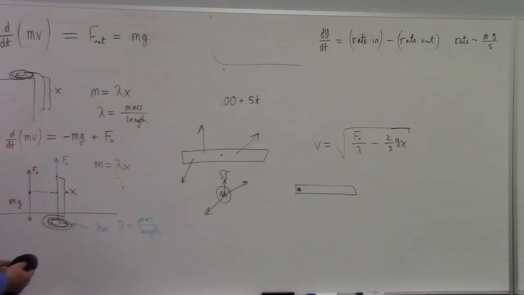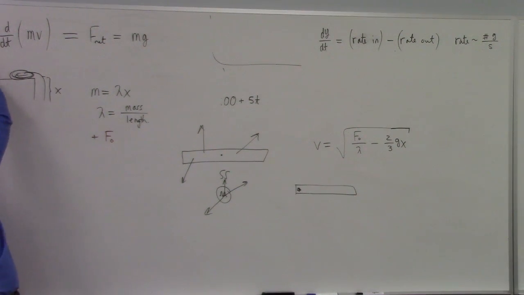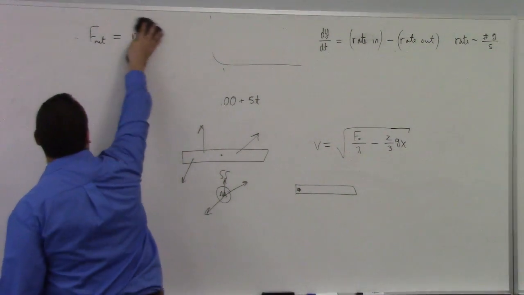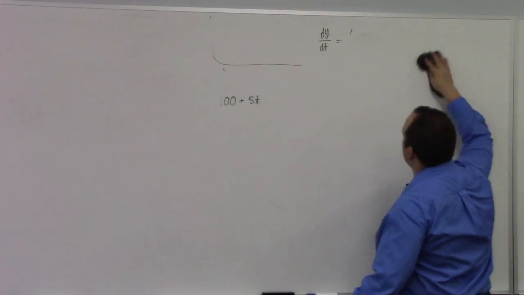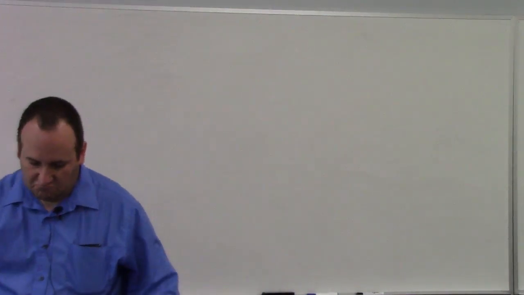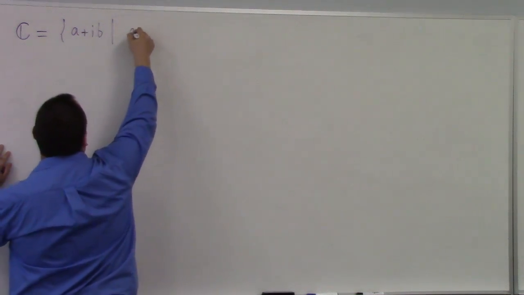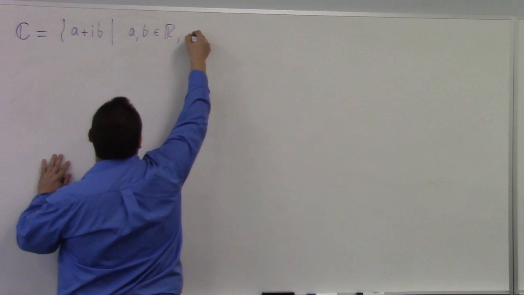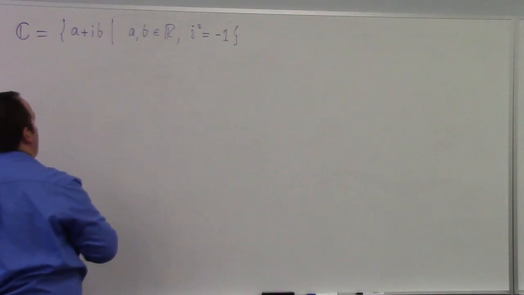You're, of course, welcome to ask me questions in future classes, but I have assigned you homework that's due next Tuesday. And the last problem is about a little bit of complex variables stuff. So I want to just try to give you a quick introduction to what is a complex number and just a little bit about how we work with them. So here it is. The complex number system, C, is the set a plus ib such that a and b are real numbers and i squared is -1. And I would say beyond that,